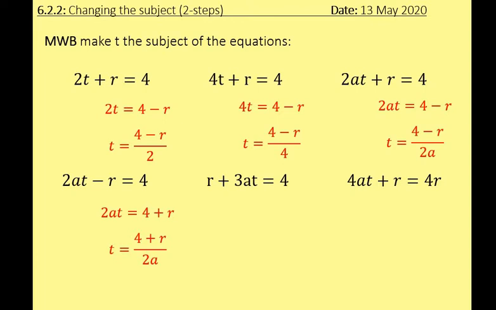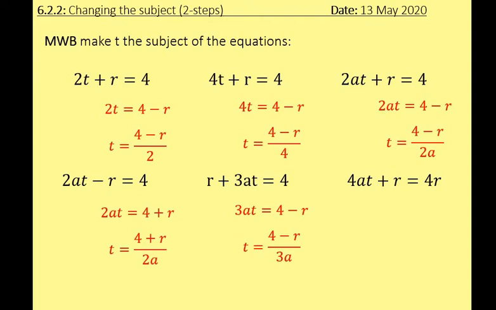In the next question, we still have a positive r here, with 3at being added to that. So we're going to eliminate that r from both sides by taking it away from both sides, and then we'll divide both sides by 3a in order to get the t by itself, to get t equals 4 subtract r,